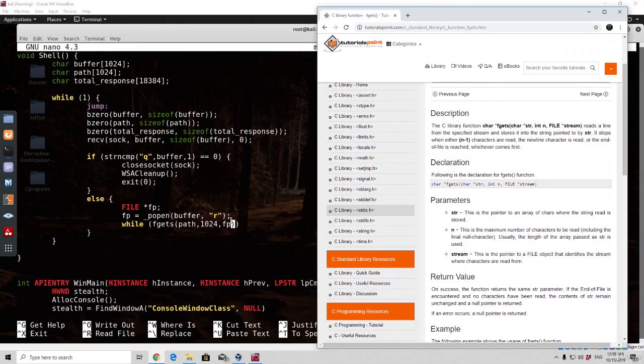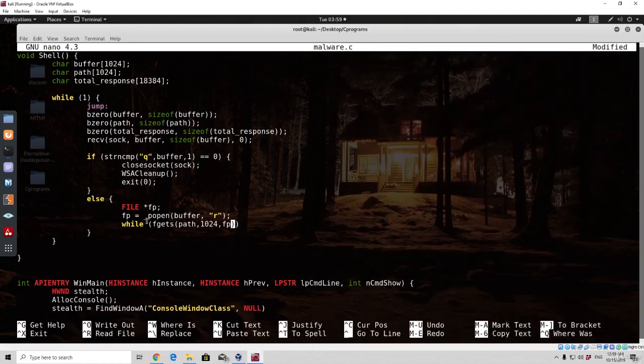And the last one in our case, which is fp, or the stream, is the pointer to a file object that identifies the stream where characters are read from. So this is the pointer to the file object where we executed the actual command, and therefore we are reading its result. So while fgets 1024 bytes from the fp stream is not equal to NULL,